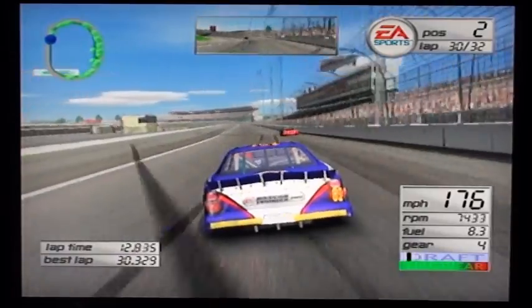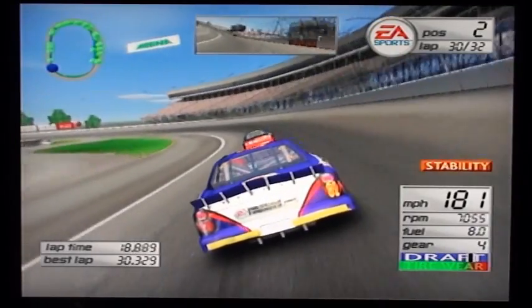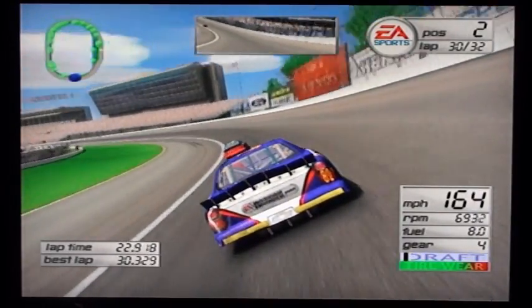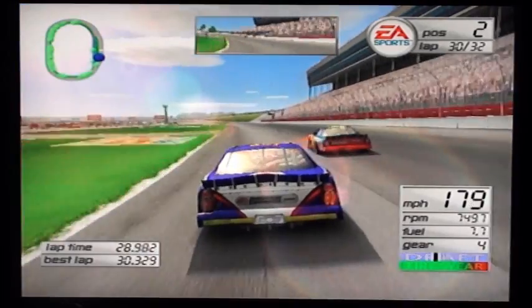Oh, this is going to be good, guys. Can we see another fantastic Atlanta finish like they normally see at Atlanta? I'm there. I just got to get around Jeff. A lot of pressure on me right now. If I get this win, I mean, remember...